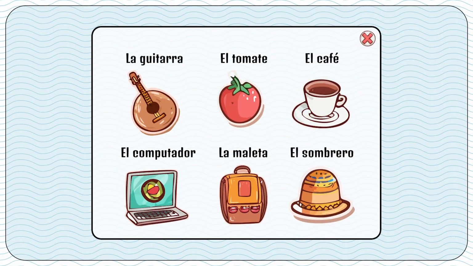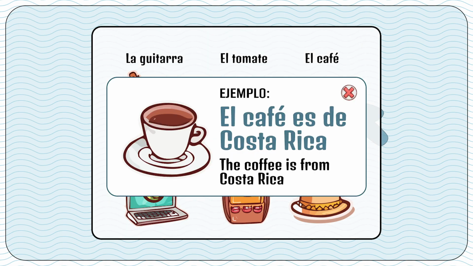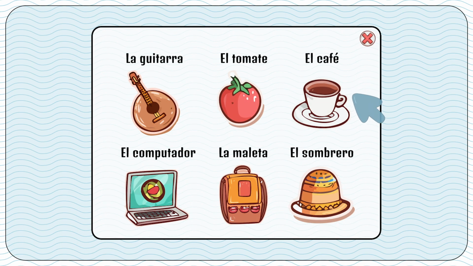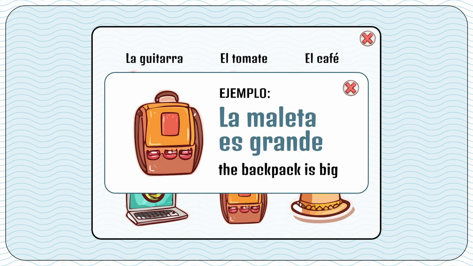The first difference is the genders. In Spanish, every single object either is a masculine, el, or a feminine, la. Those are the articles that allow you to identify the gender of an object. So let's say we want to make a sentence with el café, the coffee. We would have to conjugate it as if it was a he. And if we wanted to talk about an object like la maleta, we have the article la, so we would have to conjugate the bag as she.